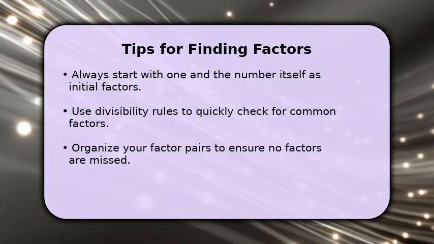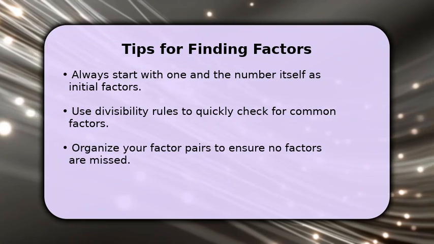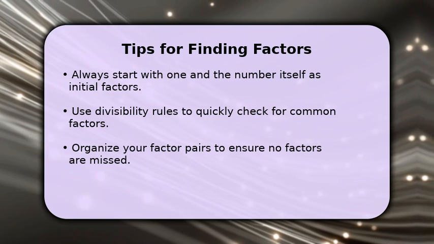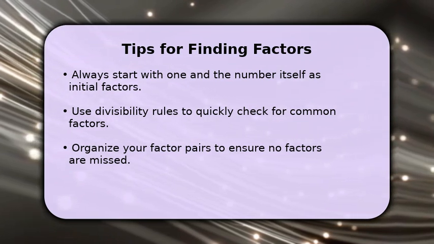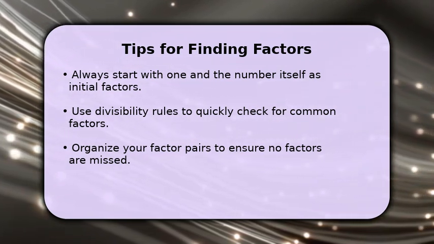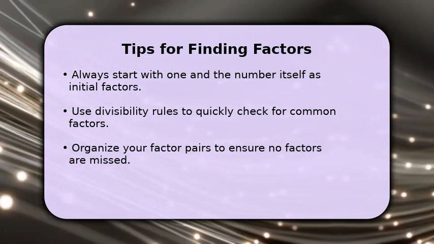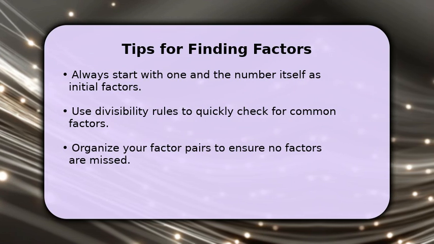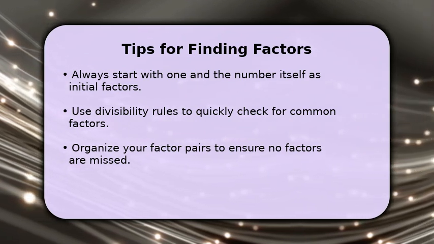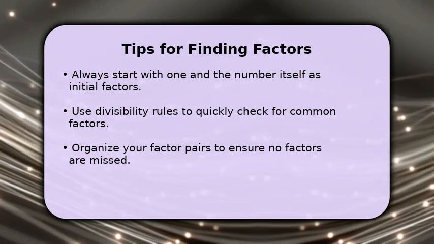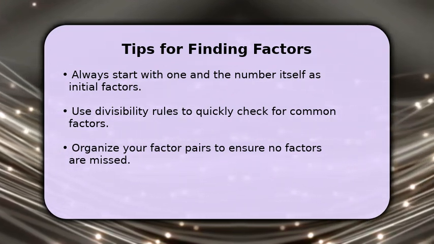To recap, always start your division with 1 and the number itself, as these are always factors. Employ divisibility rules to quickly check for common factors like 2, 3, or 5, saving you time. Organize your factor pairs systematically to ensure you capture every single factor without any omissions. This method provides a reliable and thorough way to understand the building blocks of any number, making factor identification straightforward and